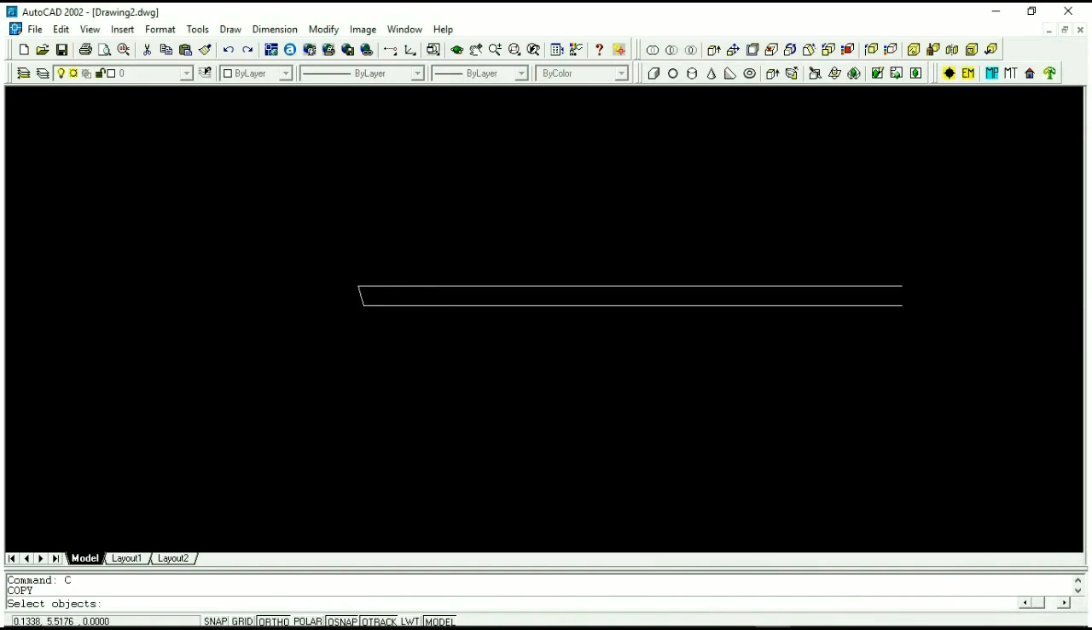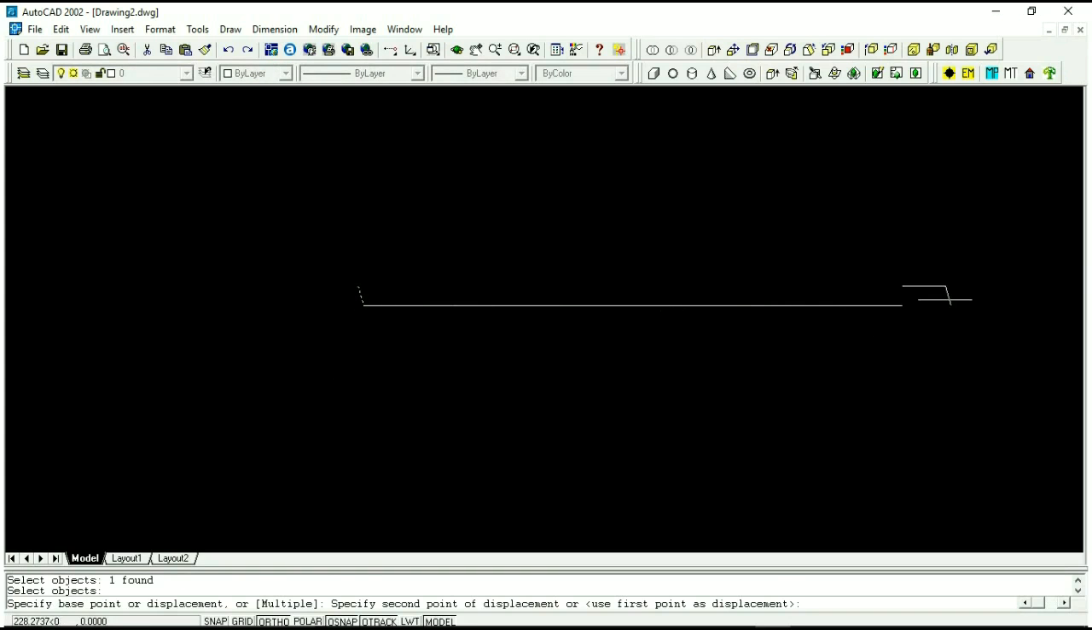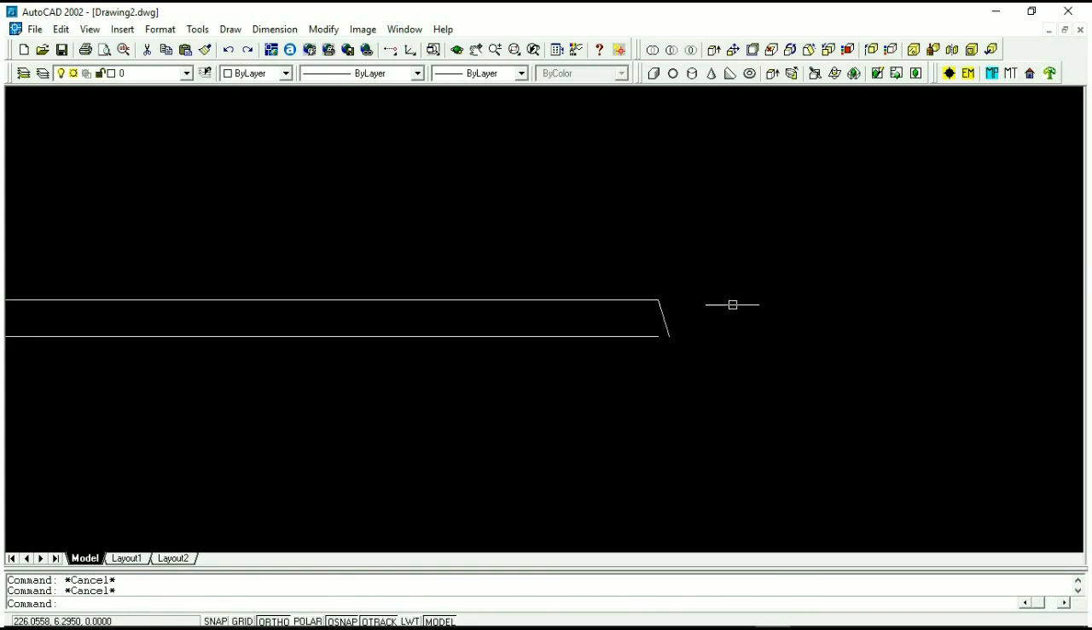And then I just want to copy that down, and that will, whoops, perhaps it thinks it's a polyline. Copy, and we'll just go to here. And so then I want to make the